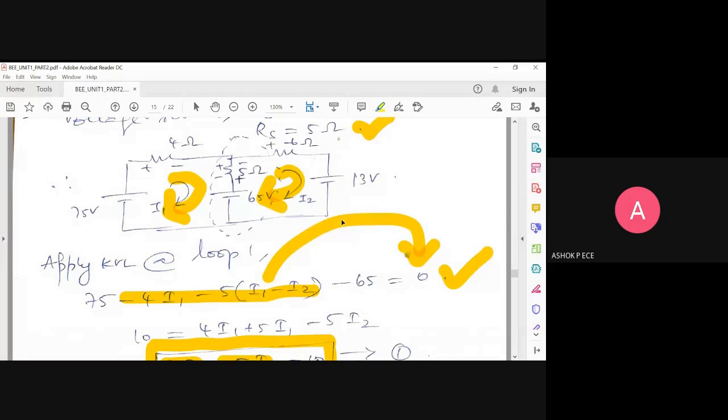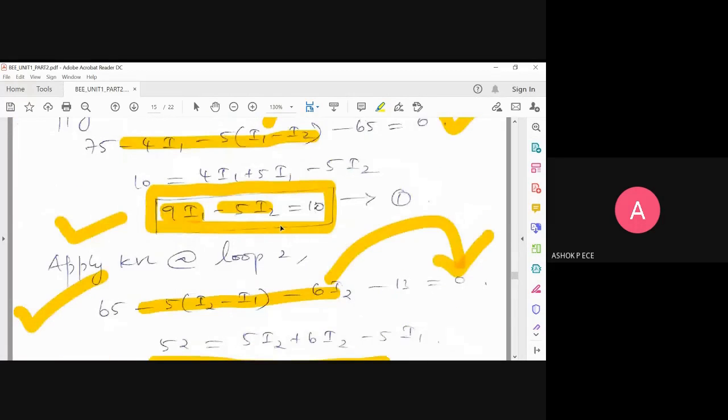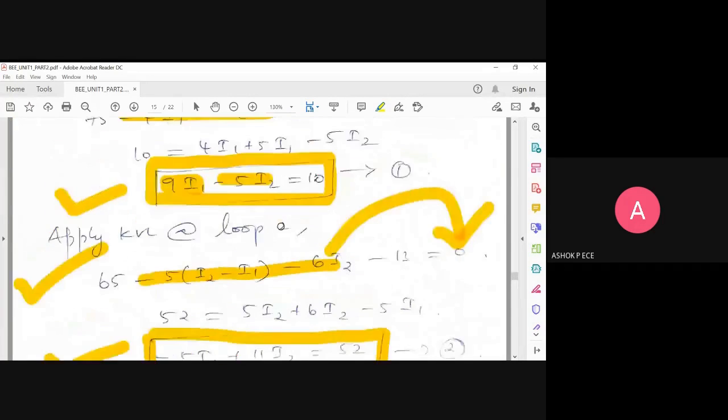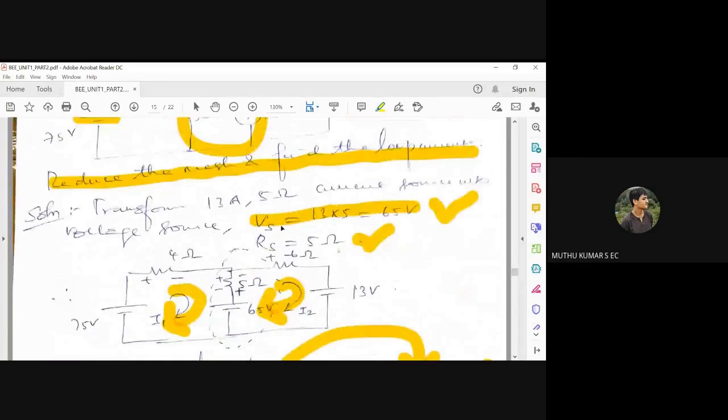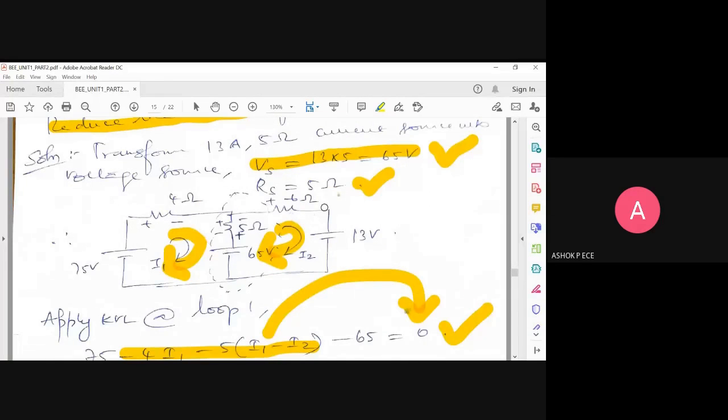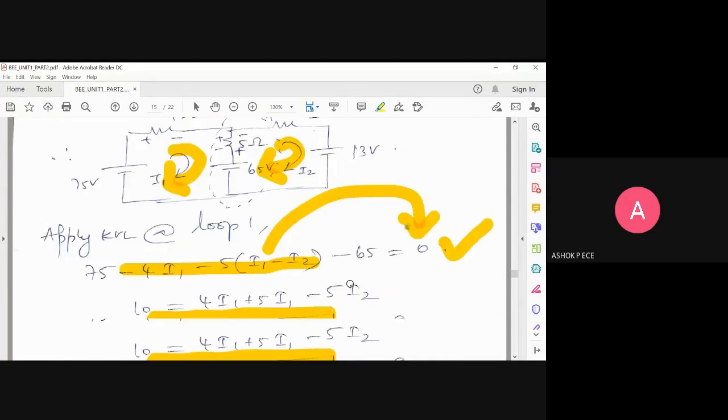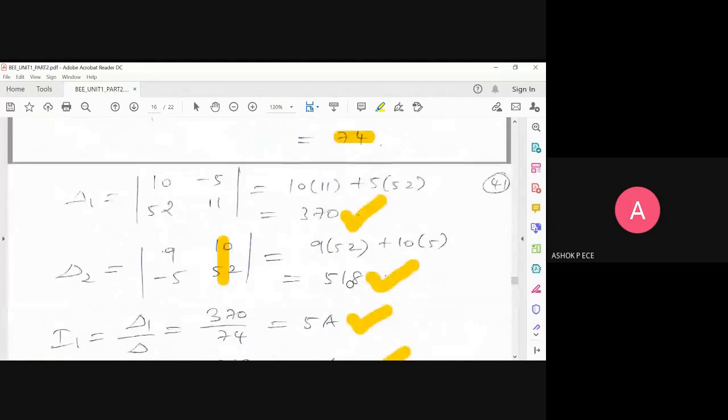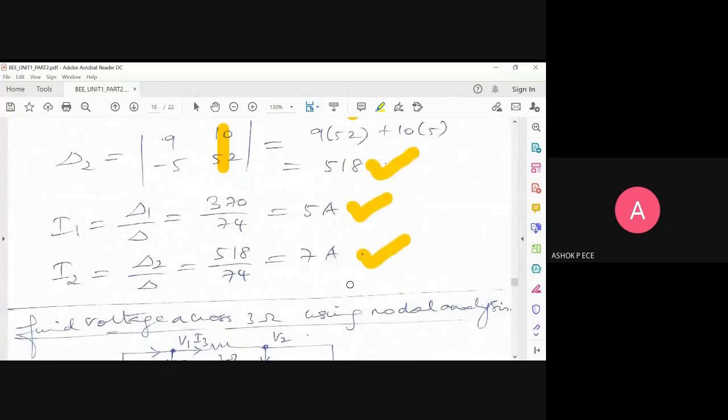When you cross-check the answer by the other method, you become thorough in both methods. So take this problem. You can take the final circuit. You can apply nodal analysis and ensure that you get the same value of I1 and I2. I will say the value here. See here, I1 is 5 amperes and I2 is 7 amperes. So the same answer you should get irrespective of whatever method you are going to use.